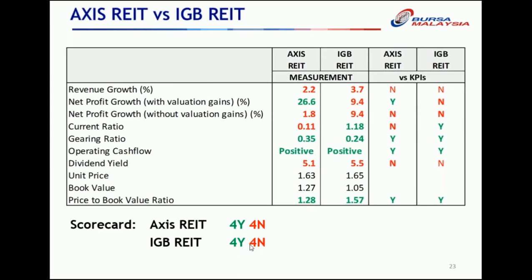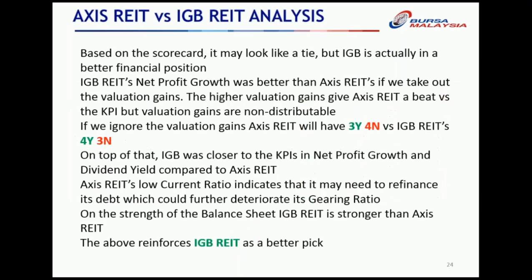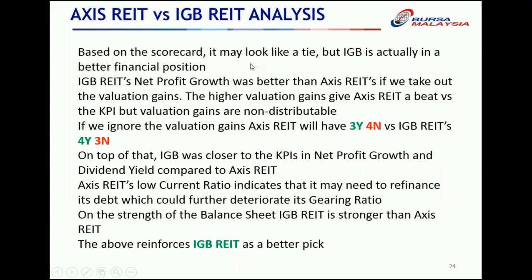It looks like a tie, but actually it's not, and this is when you apply analysis. Based on the scorecard, it may look like a tie, but IGB REIT is actually in a better financial position. Why? Because net profit growth was better than Exit Rate if we take out the valuation gains. Higher valuation gains give Exit Rate a boost versus the KPI, but valuation gains are